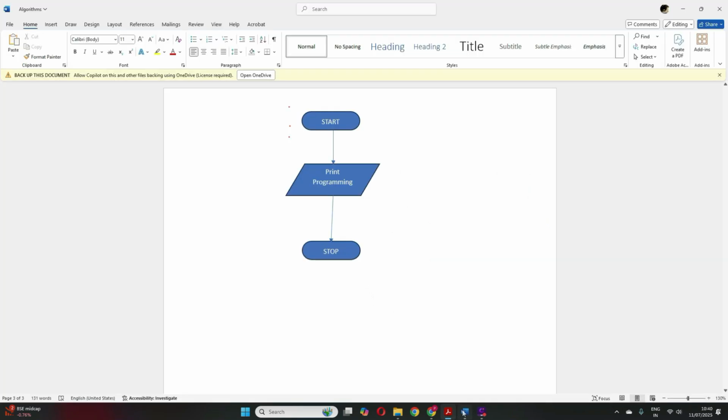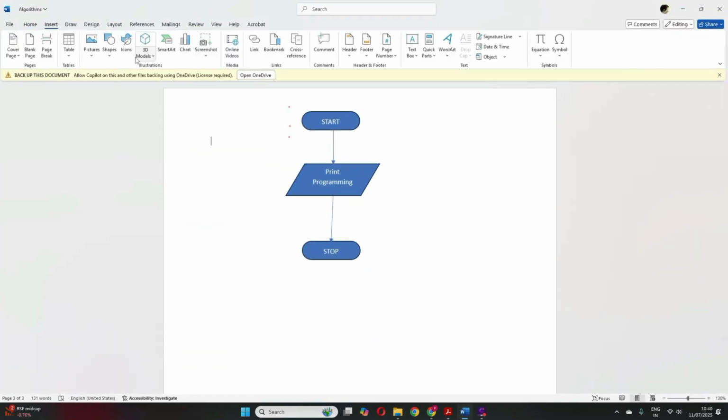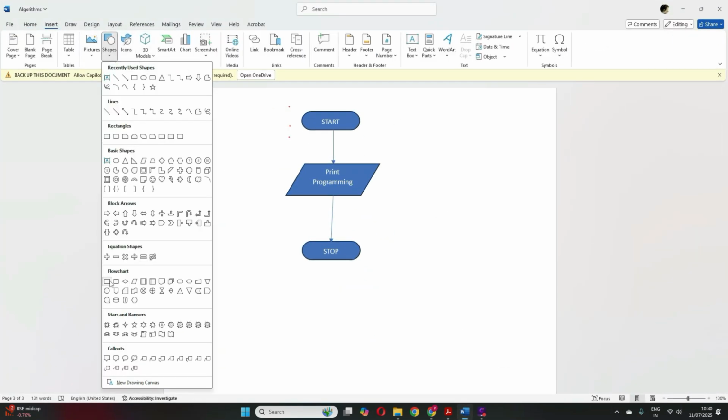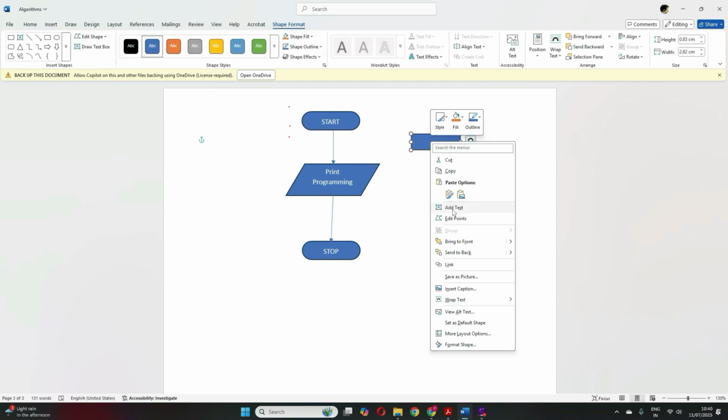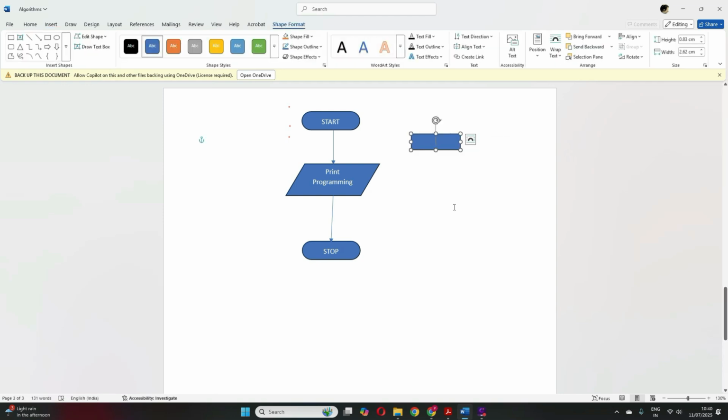So when I have to print this programming 10 times, what will I do? I'll just take a counter. I'll put here count. You can take count or any other value, you can take a is equal to 1 also. Any value can do.